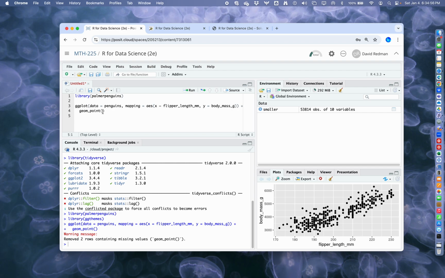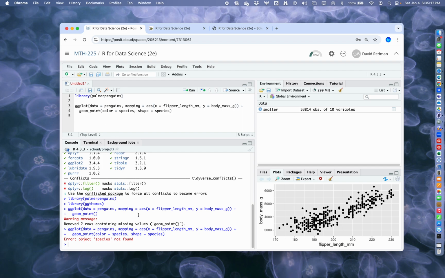If I modify this, I could modify it at two different levels here, but let's say color equals species, shape equals species. Then I can re-execute this line of code without typing the whole thing over again. That's the power of not working on the command line. And, oops, I have an error, so let's work this out. Species should work for this. I think